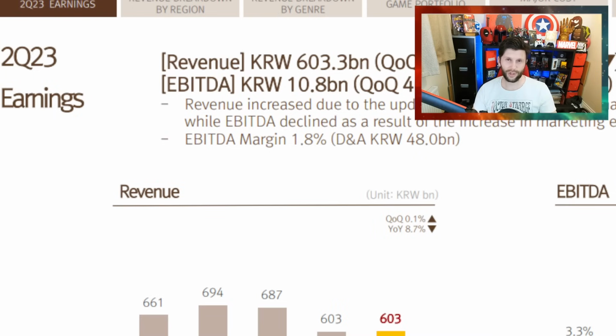Now when it comes to the financial implications for Kabam, I don't think it's going to be too much of an issue in one respect. There may be a second respect where it could be a bit of a problem. So from the first respect, this could be bigger for Netmarble than it would be for Kabam. Because if we're talking about Kabam as an entity at one particular point having to announce that,